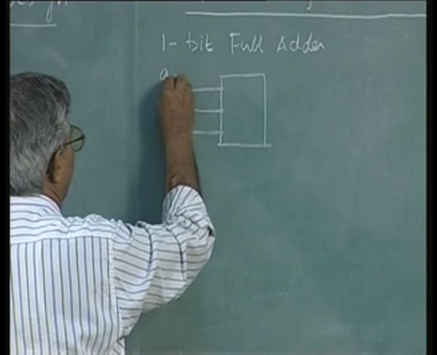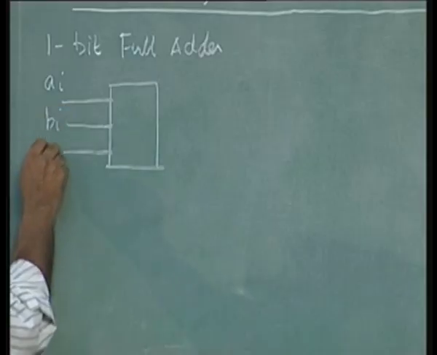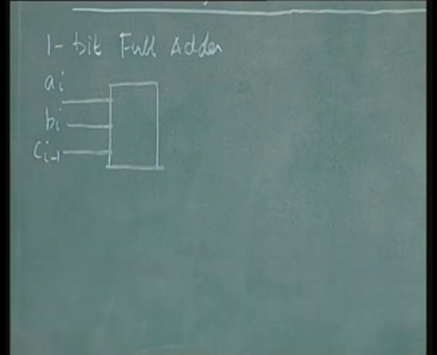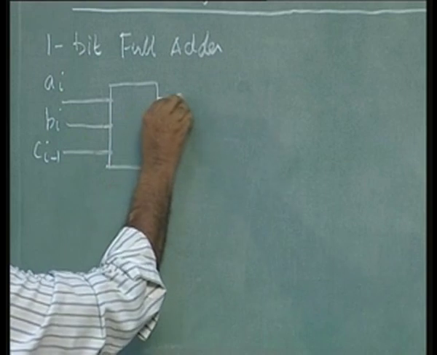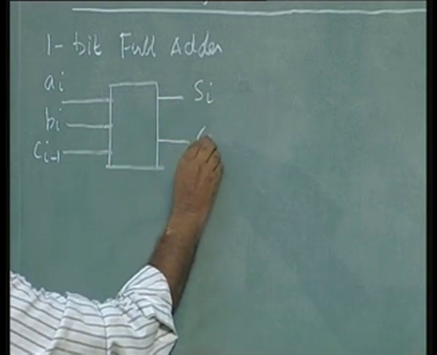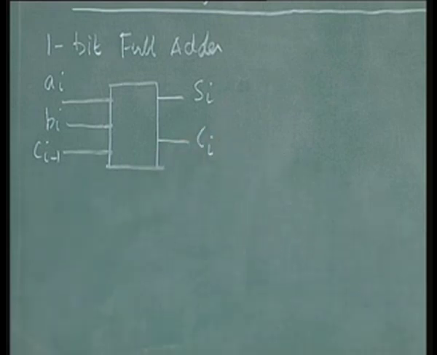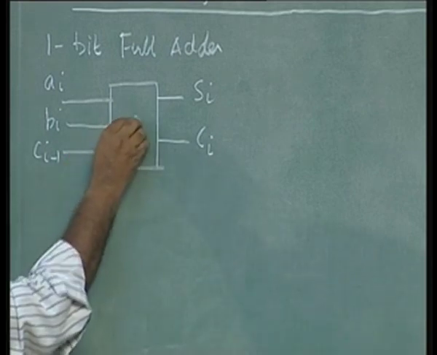I will call these the ith bit of A, the ith bit of B and Ci minus 1, the carry from the previous stage, and the outputs are the ith stage carry and the ith stage sum. This is a 1-bit full adder,